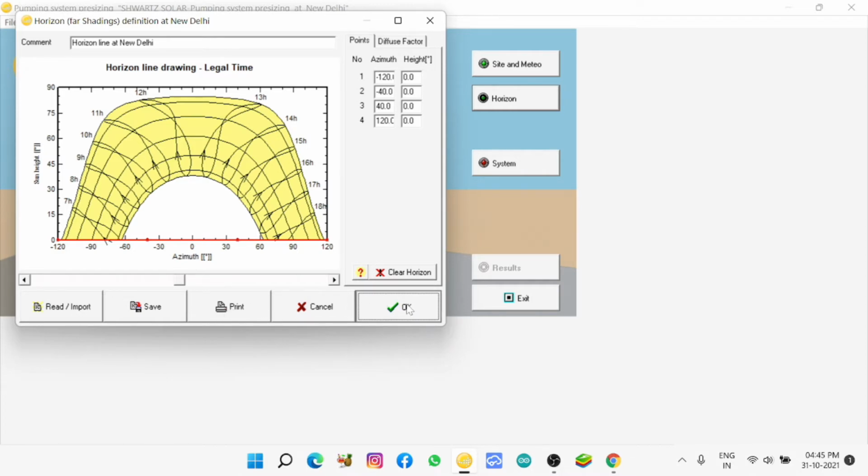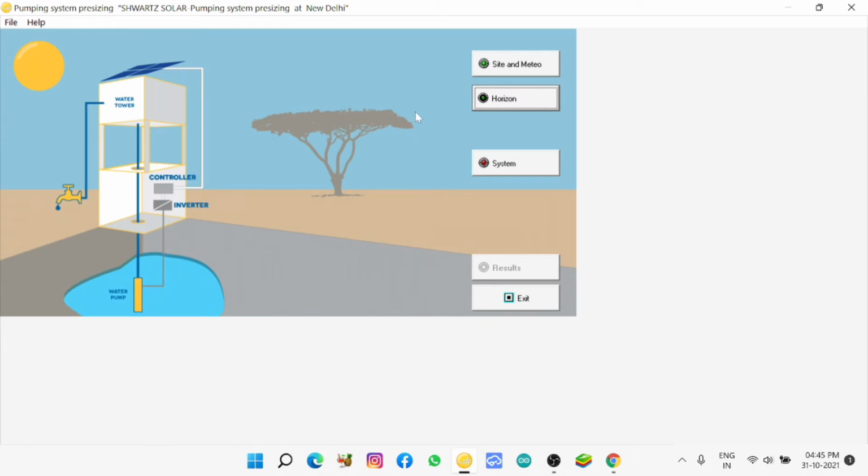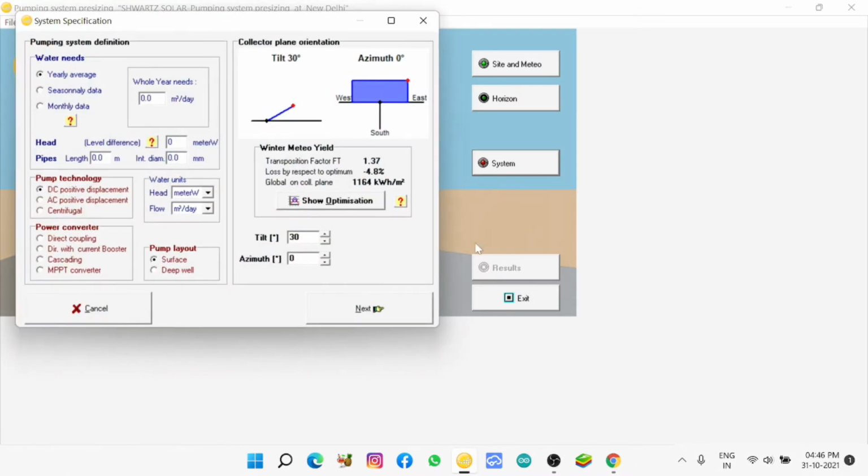Latitude remains the same. Now horizon is complete. We will come to system. Nothing changes by nature; it has been going on the same for thousands of years. So whatever meteor data you have, from 20 years or 10 years before, it will be near about the same, and we can proceed with that.